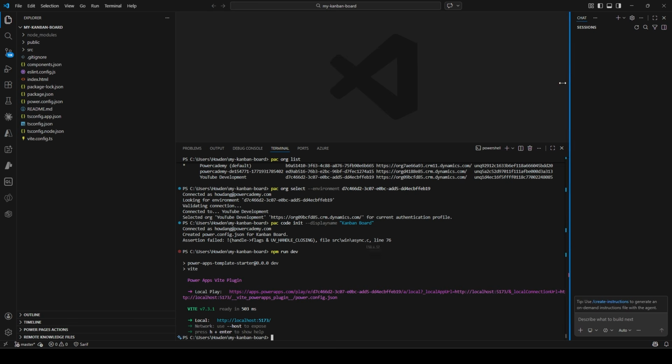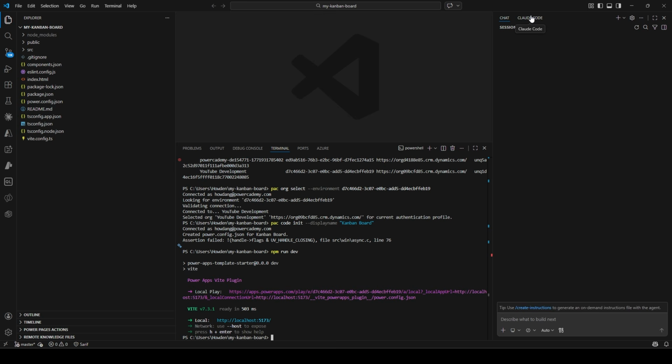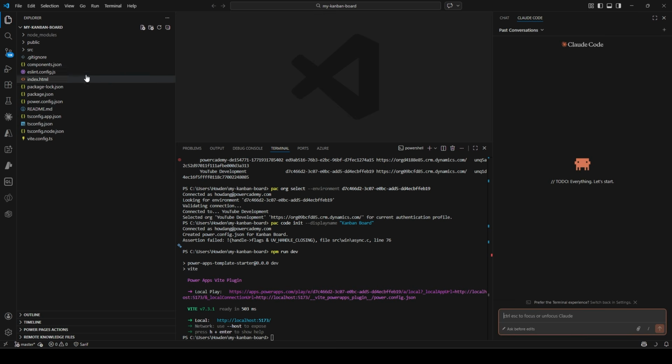And if I open up the right-hand side, I already have the Claude Code extension enabled. Now, since I've opened my project folder that I created using the terminal, it will have direct access to it. Now here's where it gets super interesting. Instead of me writing React code, I'm going to describe what I want in natural language and it will write